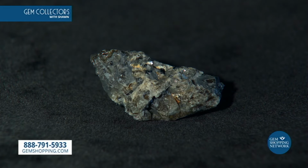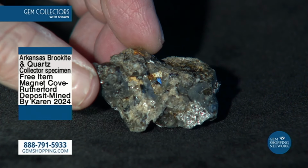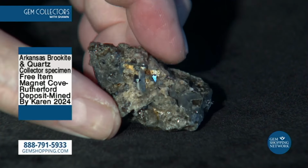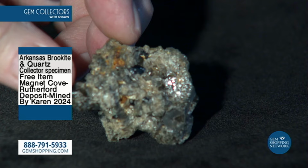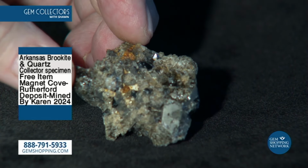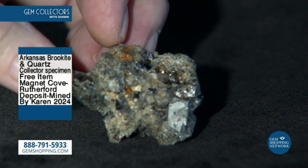Mr. Anthony, let's show you what you have won. And this is a beautiful, beautiful crystal conglomeration of brookites. Now, brookite is a polymorph of rutile. So it is the same mineral chemically as rutile, but it forms in a different crystal form. And you can see some incredible iridescence on some of these crystals, and they're often bipyramidal in shape. You can see